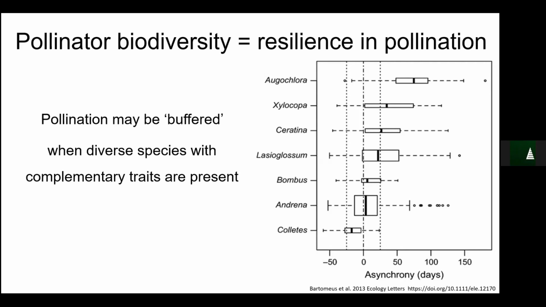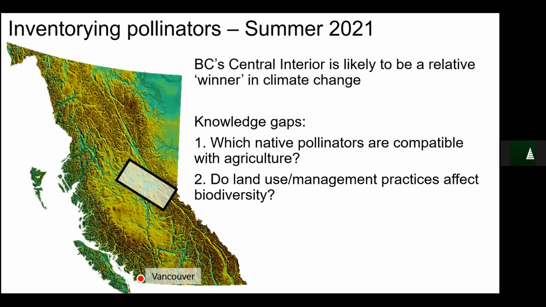So with this as the background idea, we went out last summer and we inventoried pollinators between basically McBride and Telkwa. So BC Central Interior is likely to be a relative winner when it comes to climate change. And the idea is that,